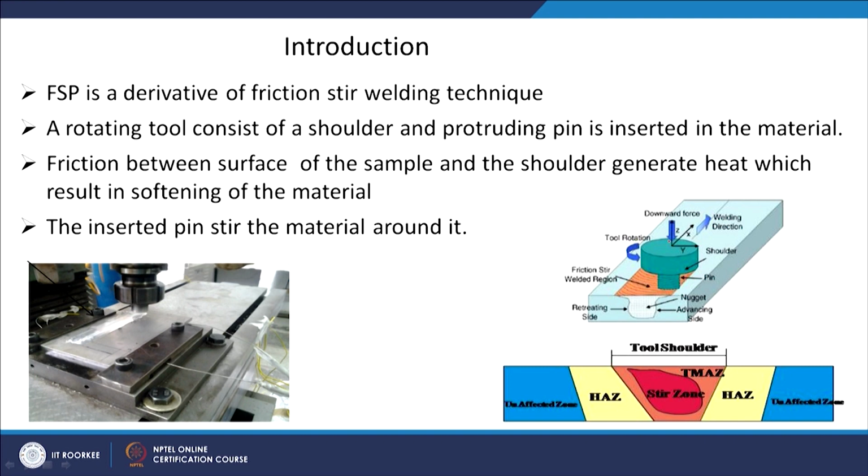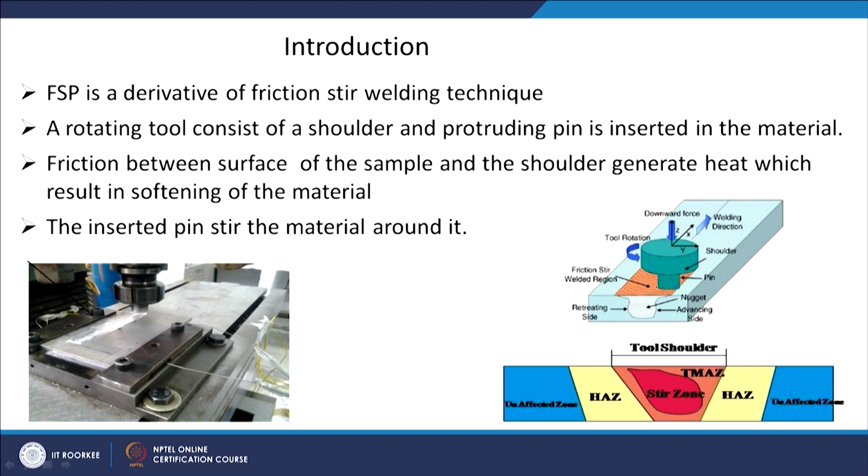What it has is a tool which contains a shoulder and a pin. The shoulder is just touching the surface of the workpiece with a certain normal force, a downward force, and the pin is actually inside the material,